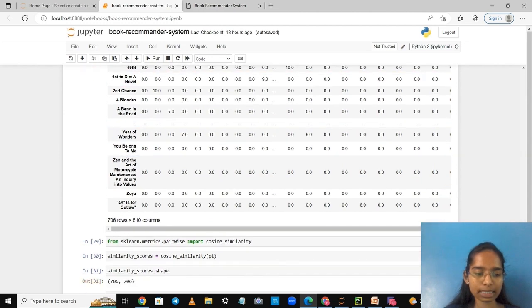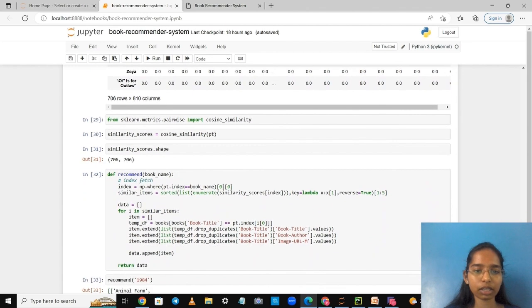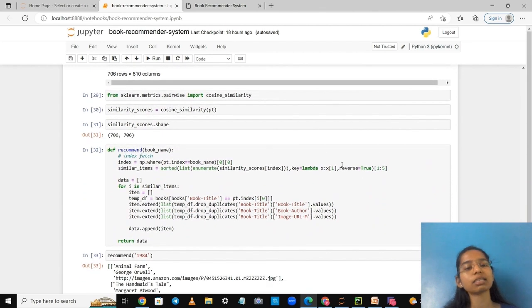Now, from sklearn metrics pairwise, we'll import the cosine similarity. So we'll find the similarity based on the pivot table. For that, we'll use the sklearn library, find the cosine similarity, and store it in similarity scores. A similarity score is nothing but the similarity of one book with other books.